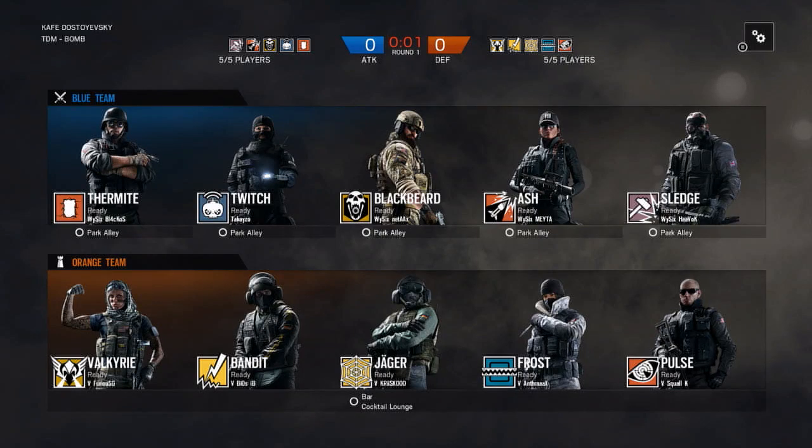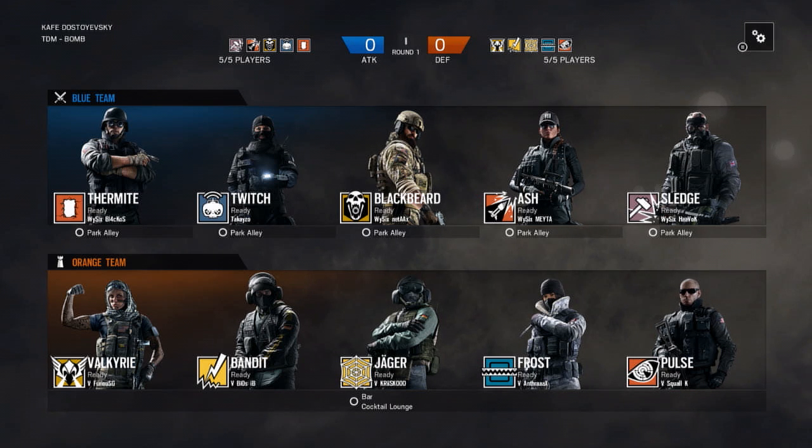So without further ado, map number 2, Kafe Dostoyevsky, something which is far less popular in many a circle. As we do now head on in, it will be WySix on attack first, and Vitality will be defending the bar and the cocktail lounge as their first selection. A bomb site which has become a lot tougher to hold since the introduction of Blackbeard. We'll see how well WySix can use him to make the most of it, or whether he is